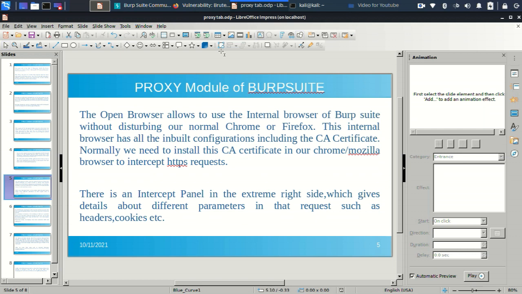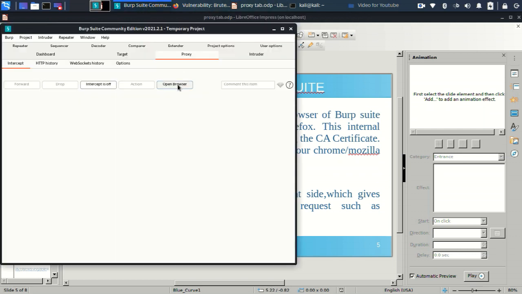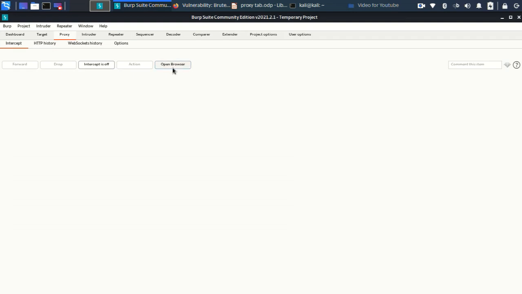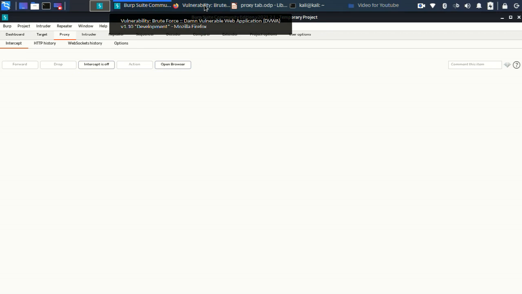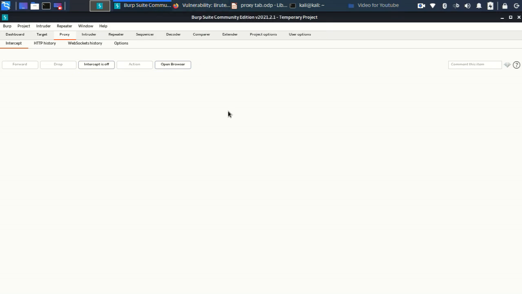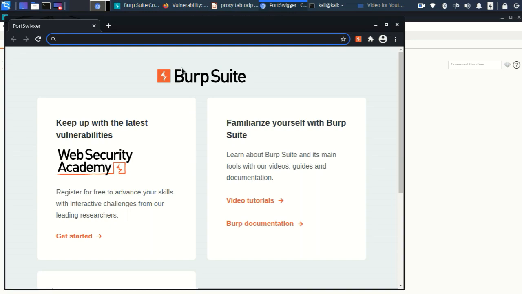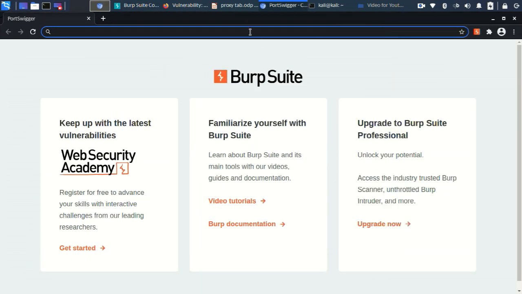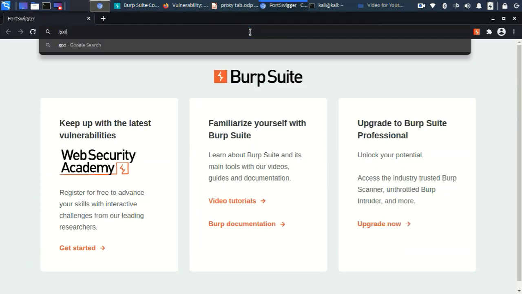You can use this browser, or you can use an external browser where you have to install some proxy like FoxyProxy for doing all sorts of things. If you click this browser, you will get one browser of Burp Suite. This is the internal browser where you can type anything, say facebook.com. It will work.